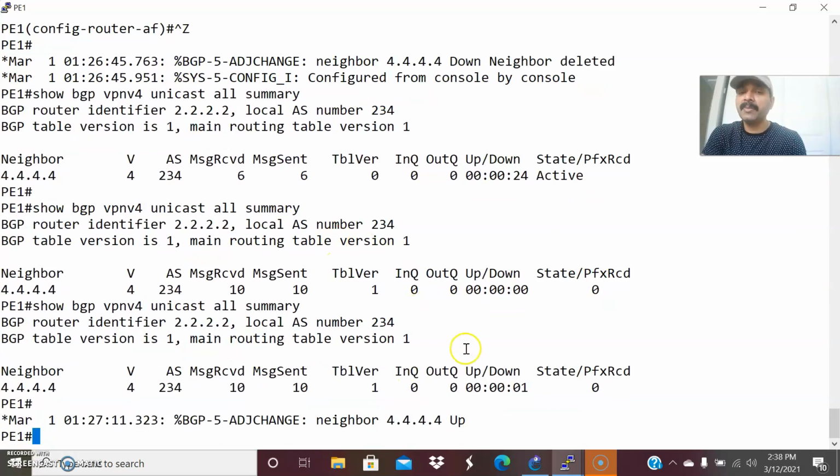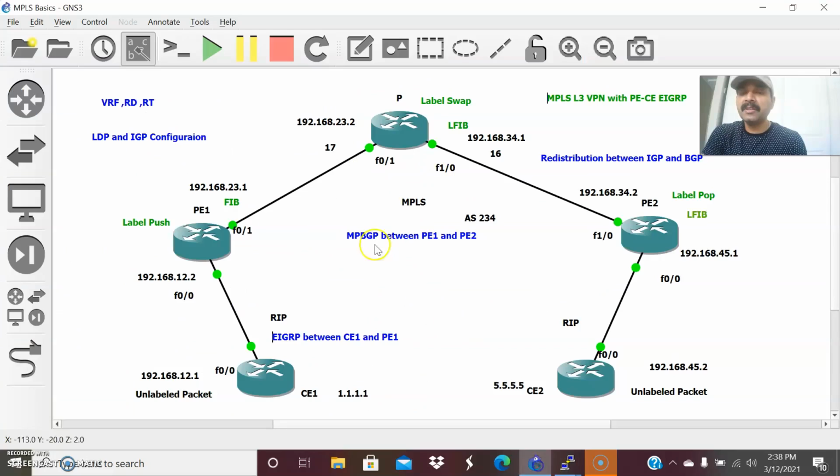So now immediately it came up, right? That means it removed this IPv4, and only the MPBGP is activated between PE1 and PE2. That is a VPNv4 route, so that is fine. Now the final step is we have to configure EIGRP between the CE1 and PE1